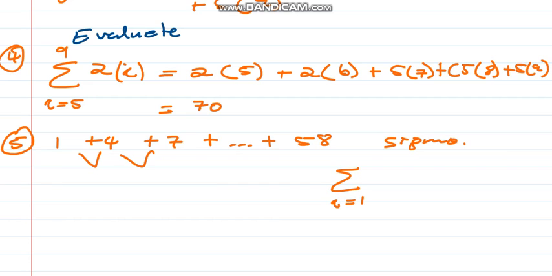So 4 minus 1 is 3, 7 minus 4 is 3. So we can already find that our A is 1, and now we just found our D is 3. Do you see this one? The D is 3. But if I was getting something else here, maybe 4, I was going to go check if